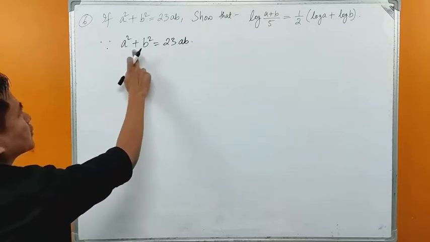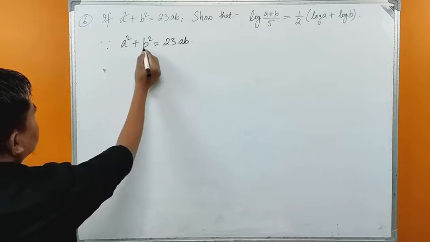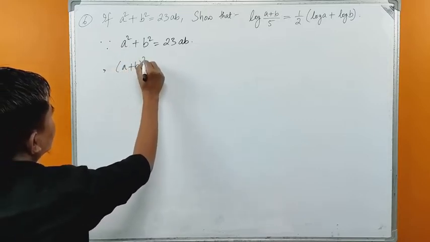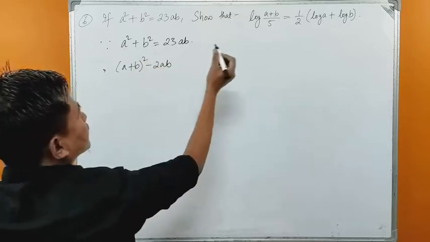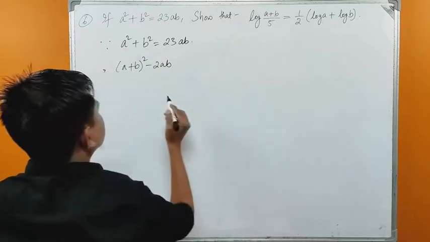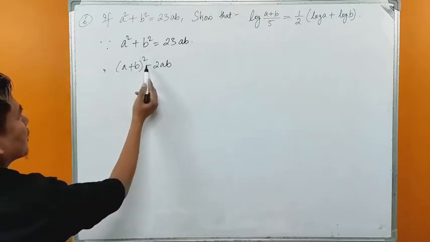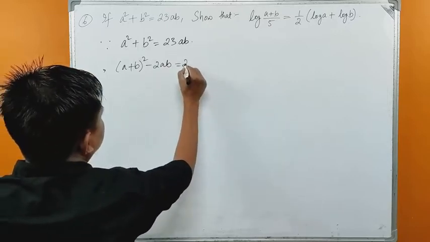So what is the formula of a square plus b square? A square plus b square means (a plus b) whole square minus 2ab. We are trying to convert into a plus b, isn't it? So a square plus b square can be written as (a plus b) whole square minus 2ab equals 23ab,